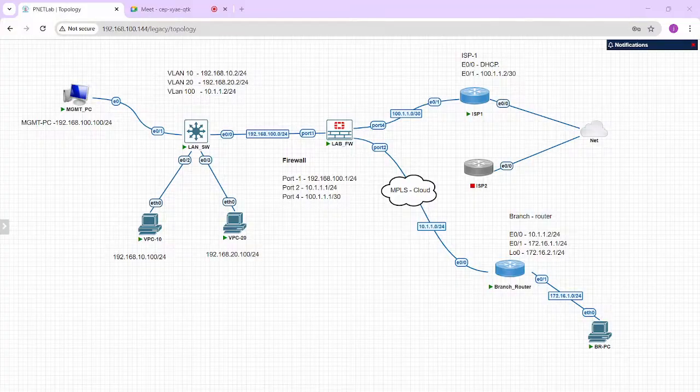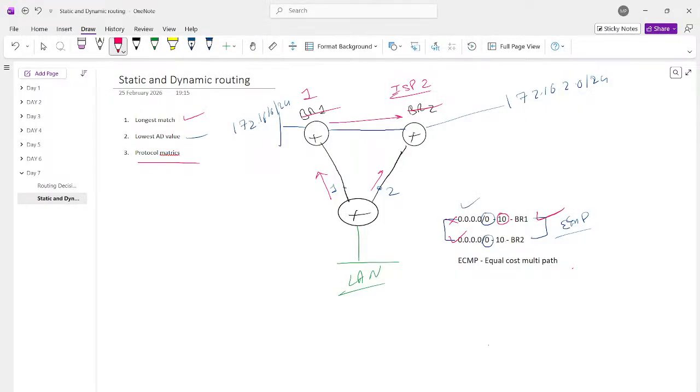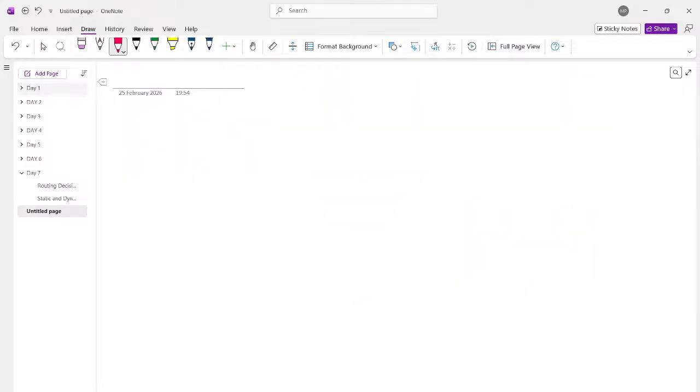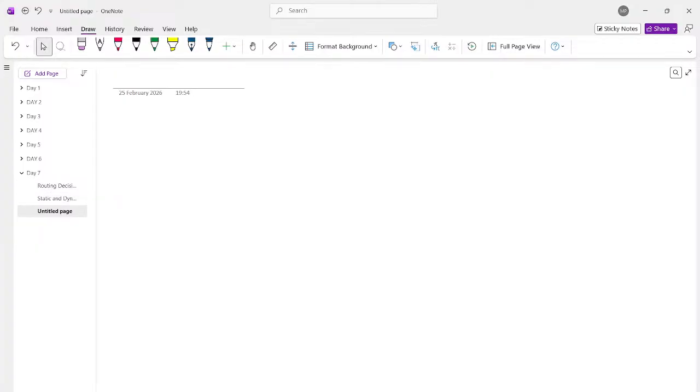Yes. Okay. I have two questions. If we are running OSPF between branch to firewall and LAN to firewall, there is no need to do redistribution, because both are the same. Correct. In case of BGP also, if we are using IBGP and EBGP, no need to do